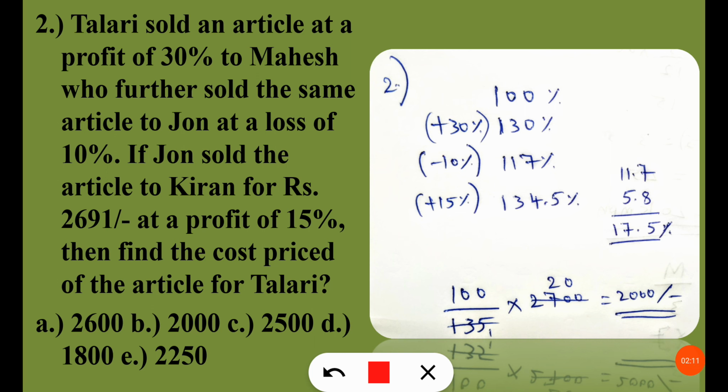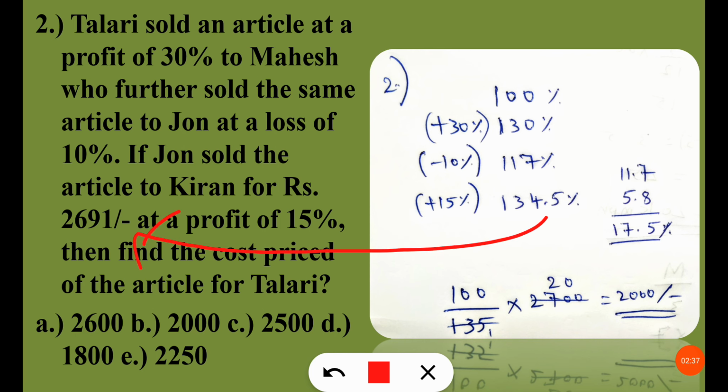Later, John sold to Kiran for 15% profit, that means 15% of 117% is 17.5. This is 10% value, this is 5% value, that is 17.5. Adding the 17.5% to 117% is 134.5%, and it was given that the 134.5 percentage value is 2691, and we